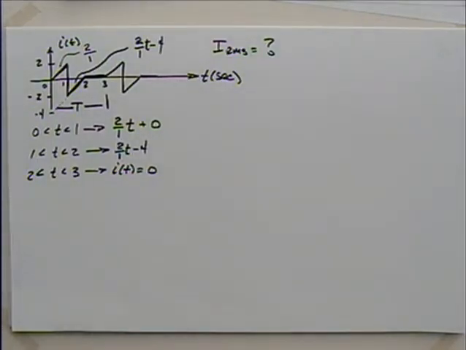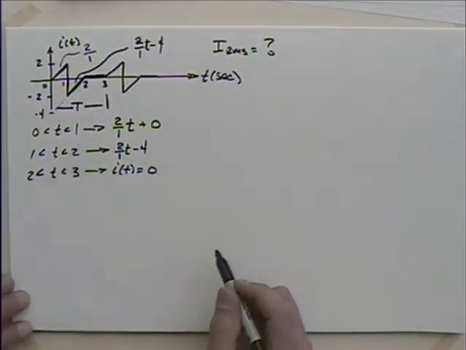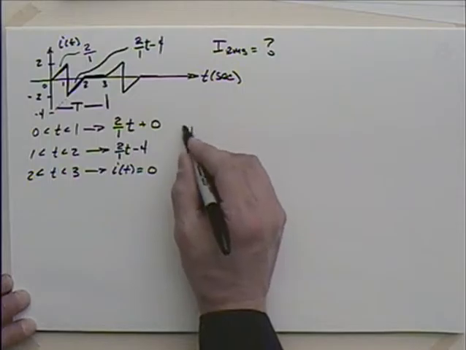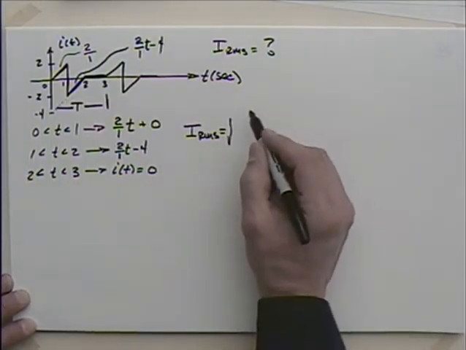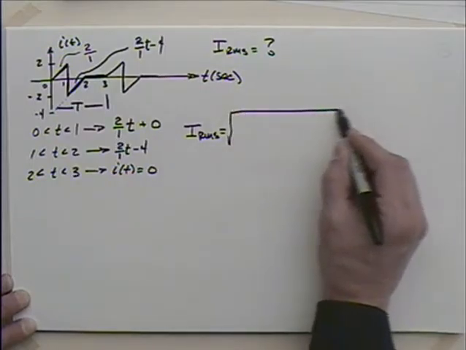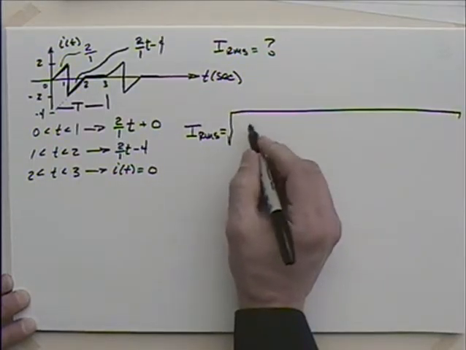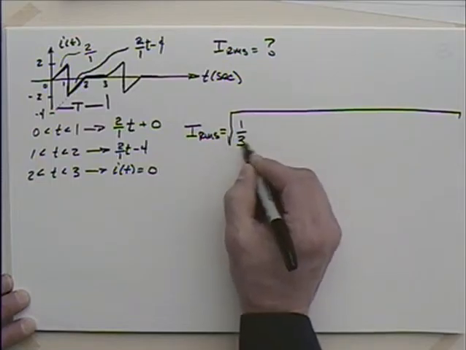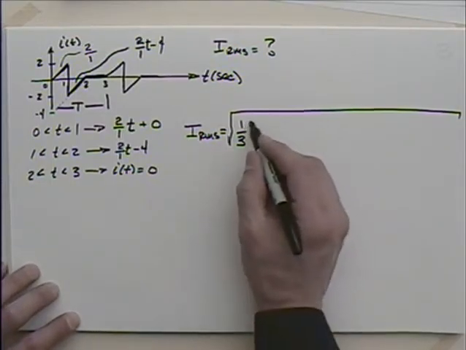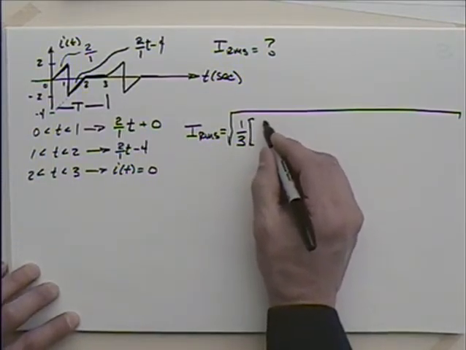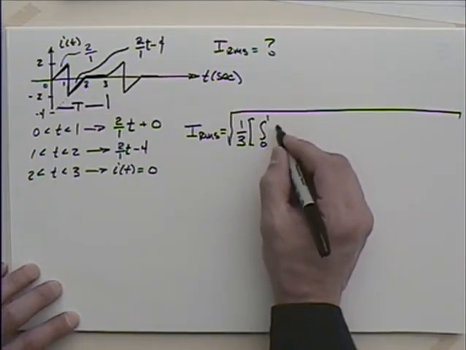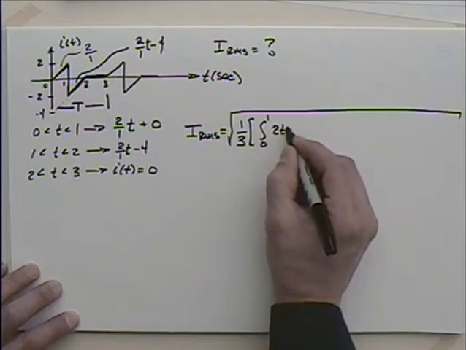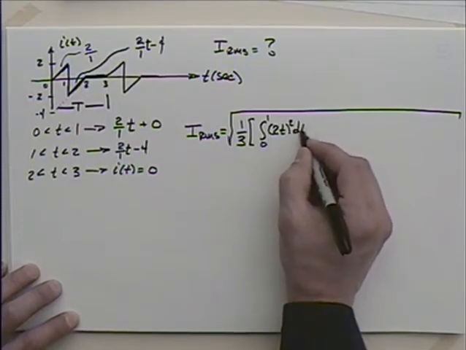So you can see why I tried to do the shortcuts on the other ones. I mean, this is going to take some work, isn't it? Before I'm done, I'm going to have I RMS is equal to the square root of a great big mess. What are we going to have? The period is 3, so 1 over the period times the integral. I'm not going to break my integral up. I'm going to go from 0 to 1, and what am I doing there? 2t squared dt